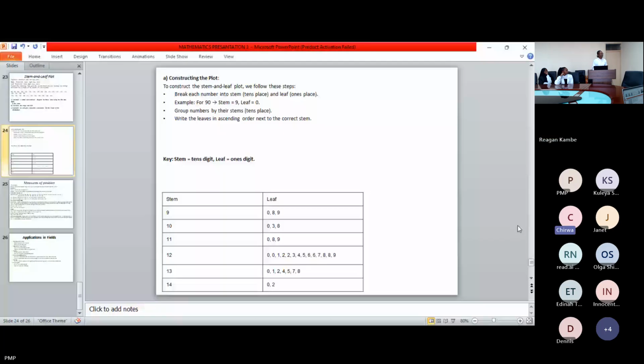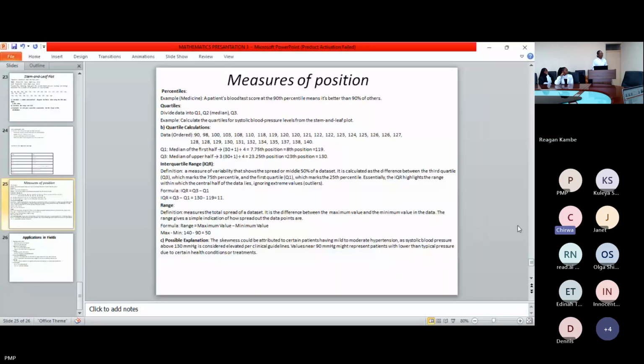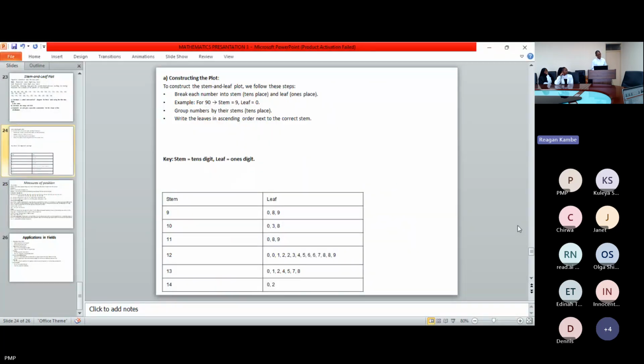Okay, so for 90, why isn't 9 and 0 part of the stem? You said first 2 digits. We have 90, 100, 110, 120, 130, 140, each having more than one digit. So for the first one, why didn't we get 90? Why 9, not 90?